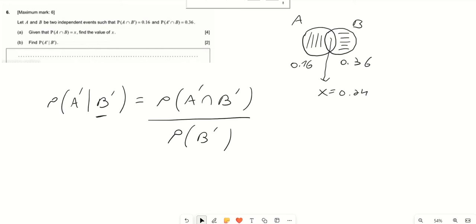Now I need the intersection of A prime and B prime. So everything that is not in A and the intersection with everything that is not in B. So let's add here another